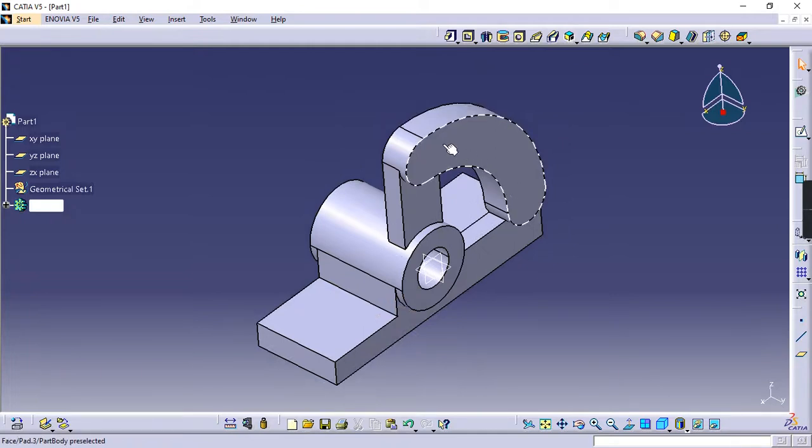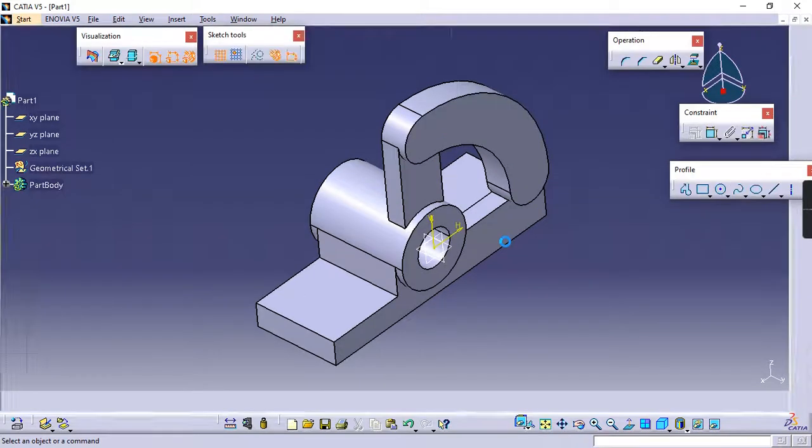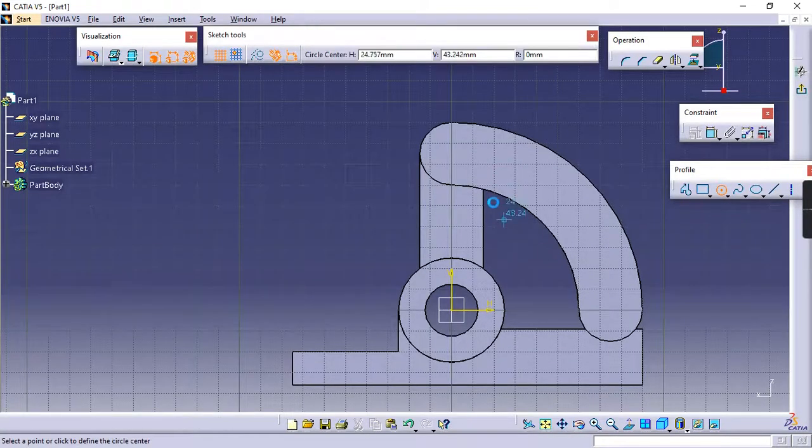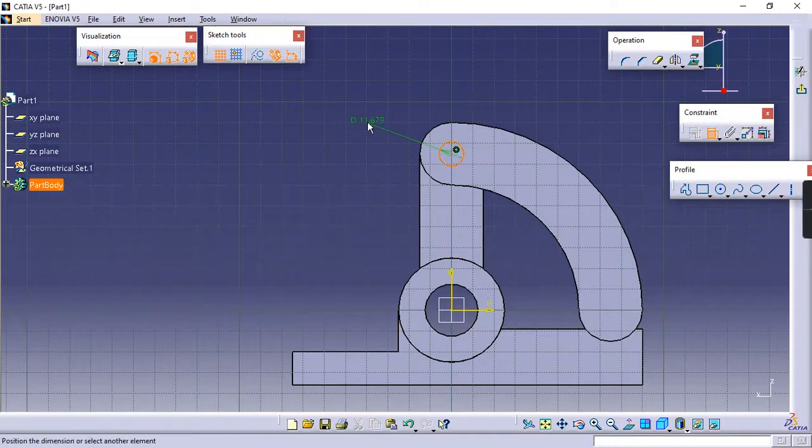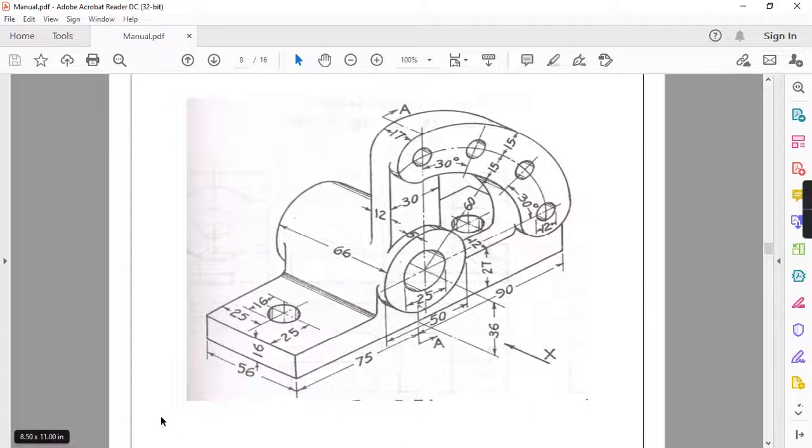So next step is to make a hole here. Go to this, go for a sketcher, draw a circle which is on this axis. Constraint, its diameter is, let us check, diameter is 12.